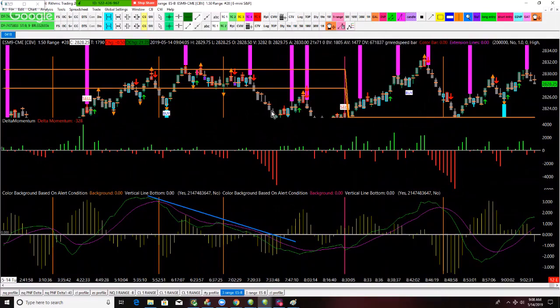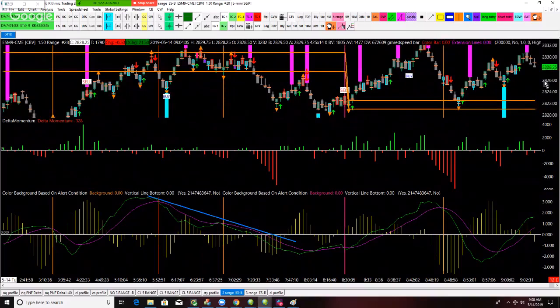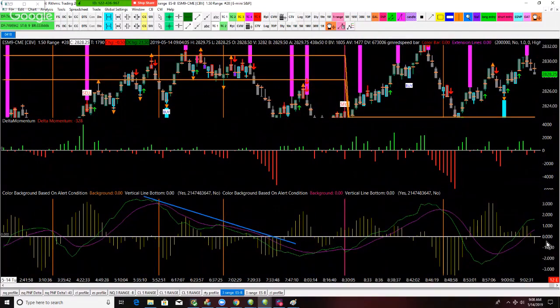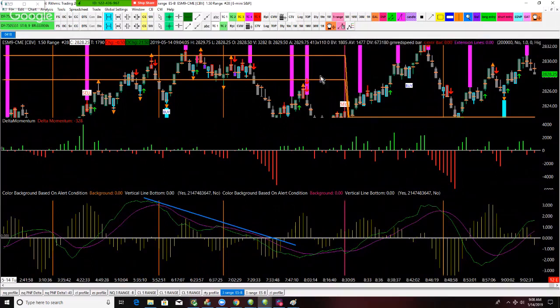I wouldn't have had that, right? I would have wanted it to line up right here and it didn't. So I would have had the short on ES, right? And then you can see when we push down into the low, see how the divergence reversed over there at 747, right? So let me show you that,